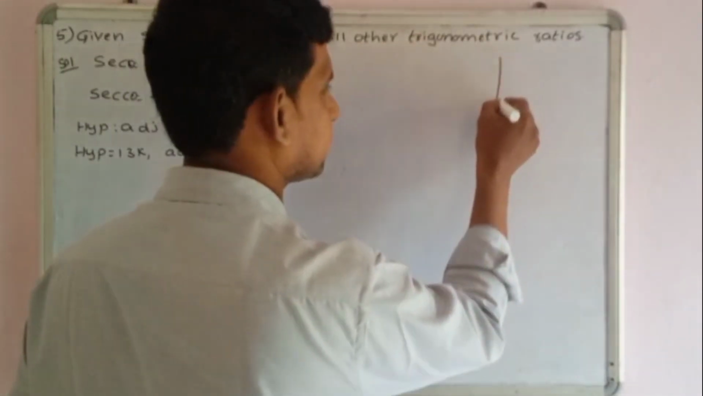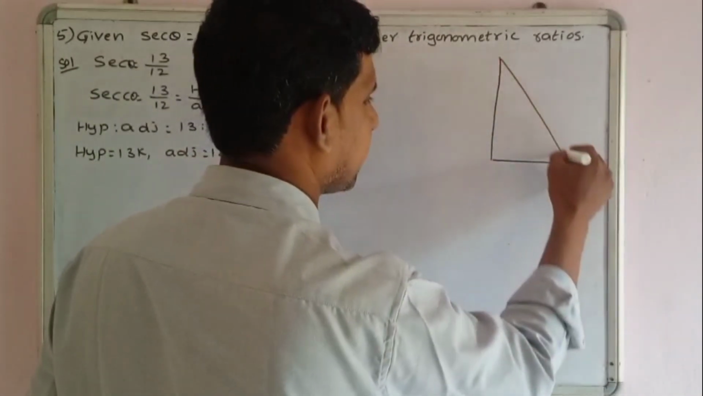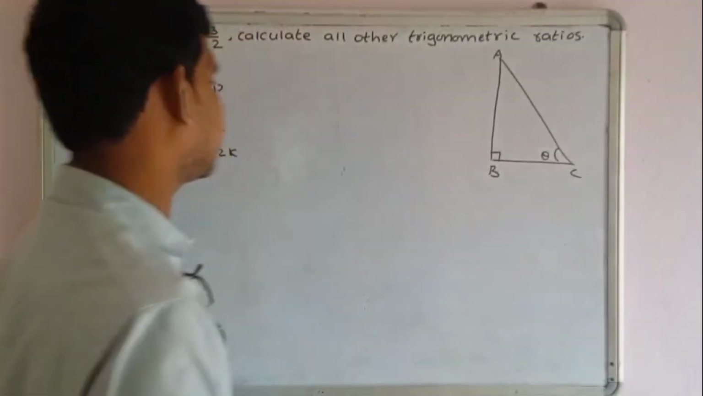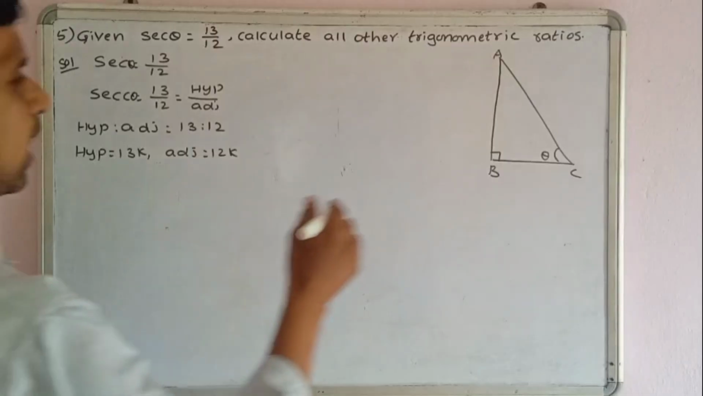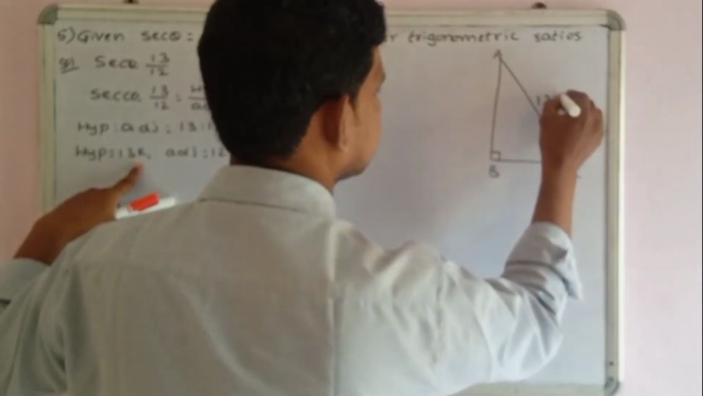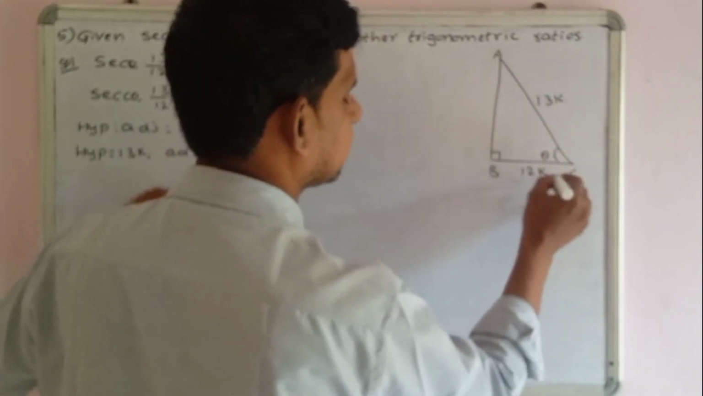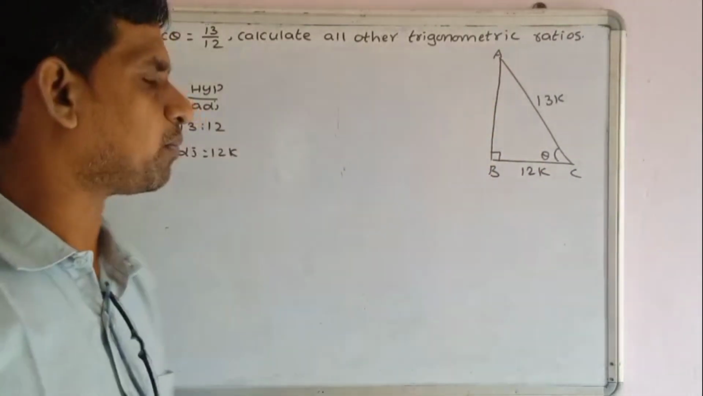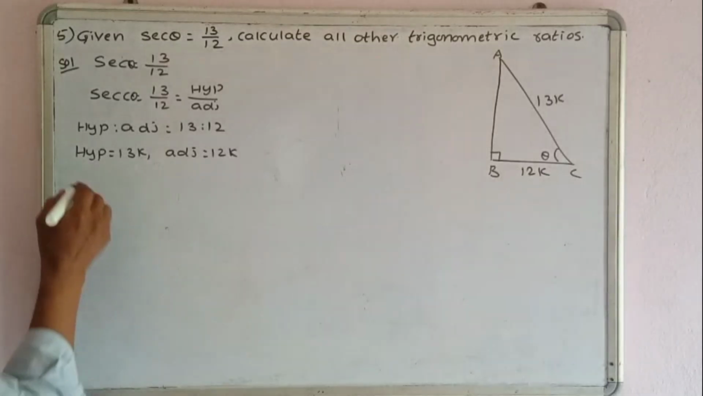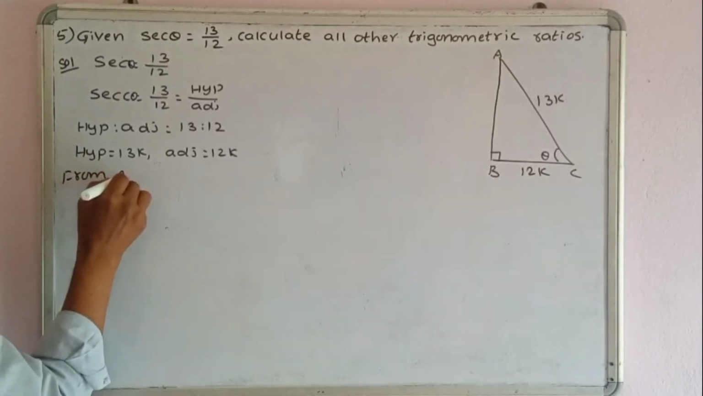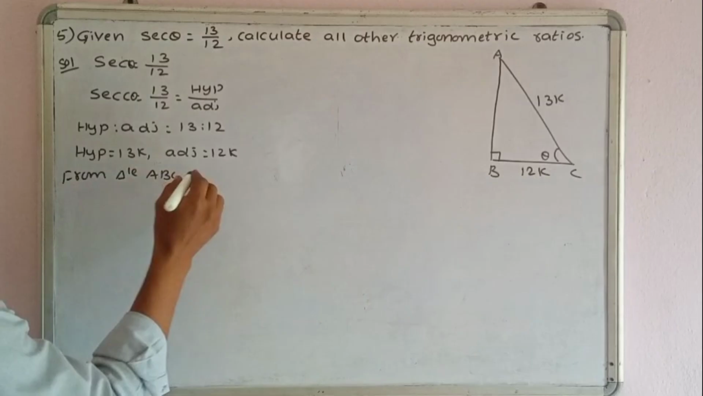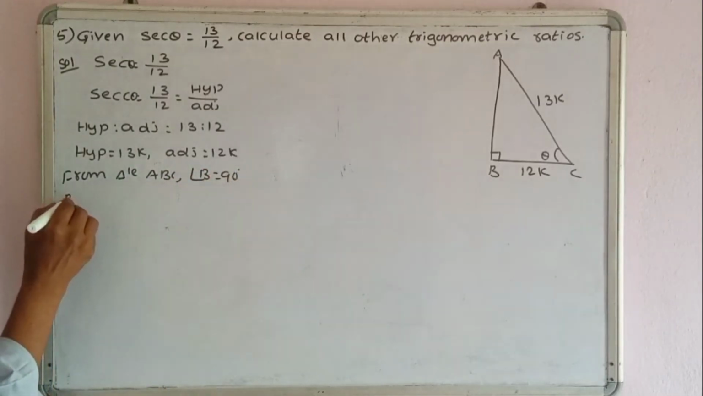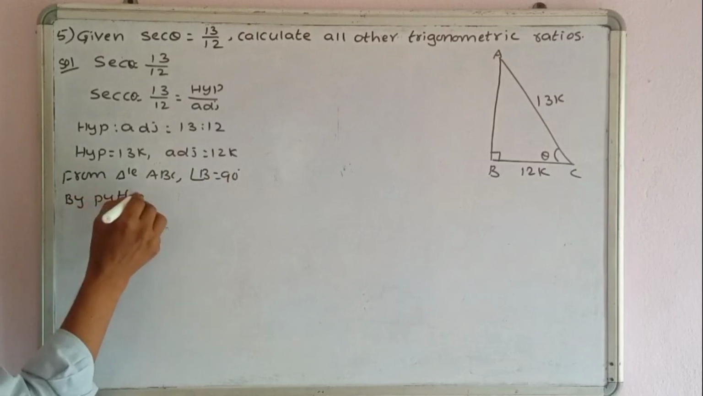Okay, draw a right angle triangle. This is the angle theta. A, B, C. Angle B is right angle. So hypotenuse is 13K, adjacent is 12K. Using this triangle, find the value of AB, that means the opposite side. So from triangle ABC, angle B equals 90 degrees. By Pythagoras theorem,